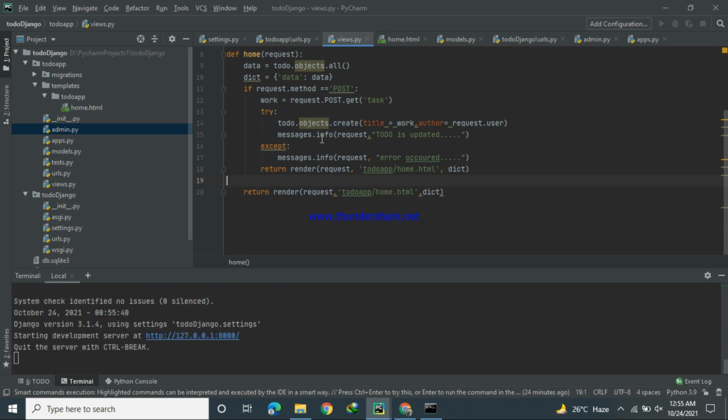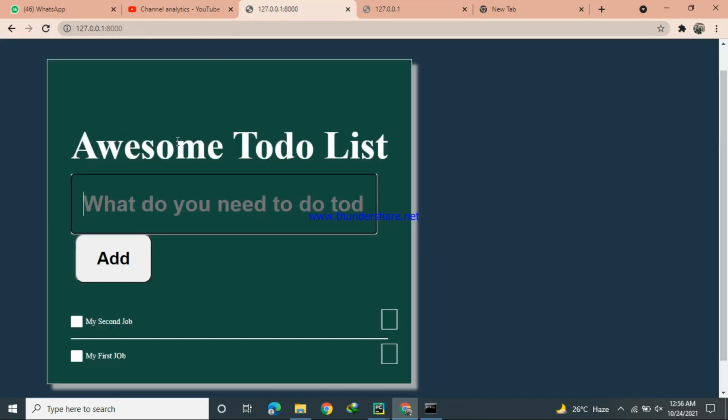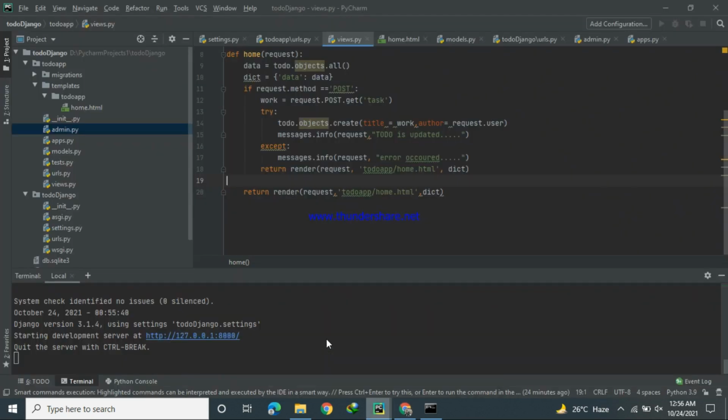I am explaining it again. Whenever we are requesting our home page home.html, it will get a dictionary that will contain our data. The data will be from our todo model. Okay, and when we go to our home page and we enter some data here and press the add button, then we are making a request.